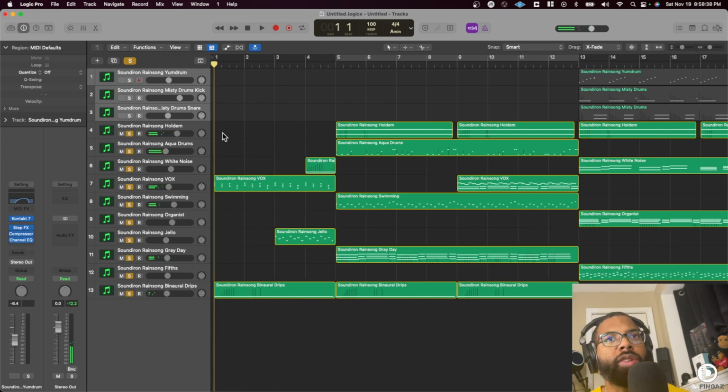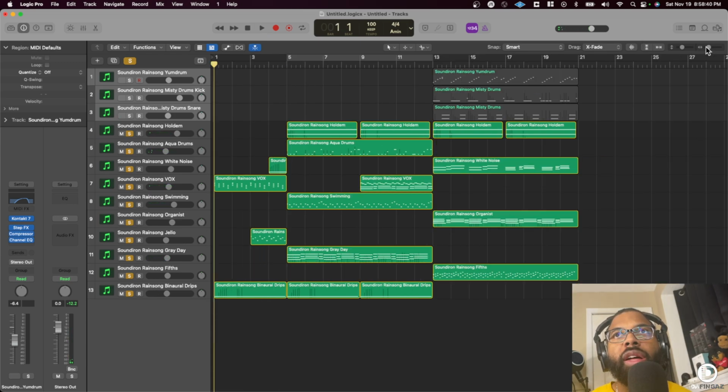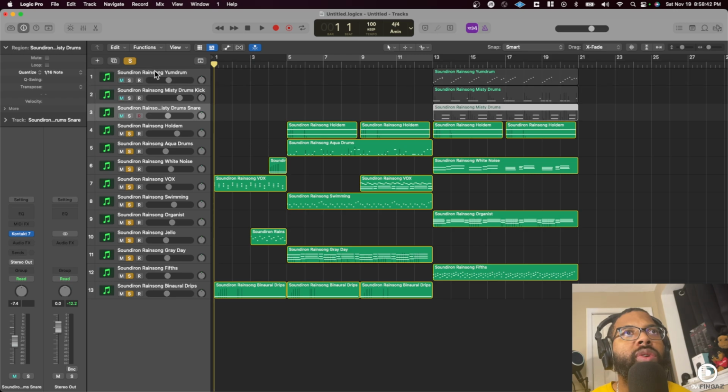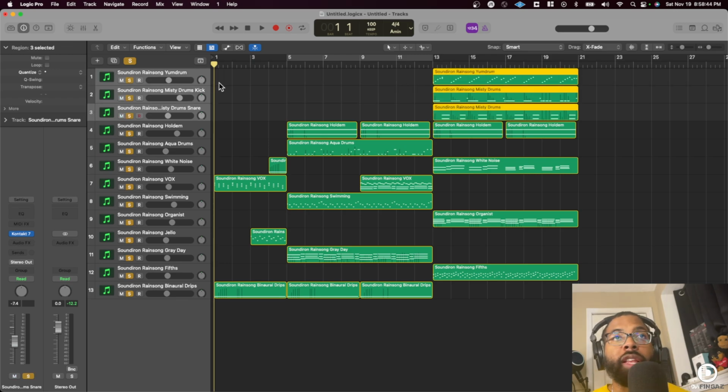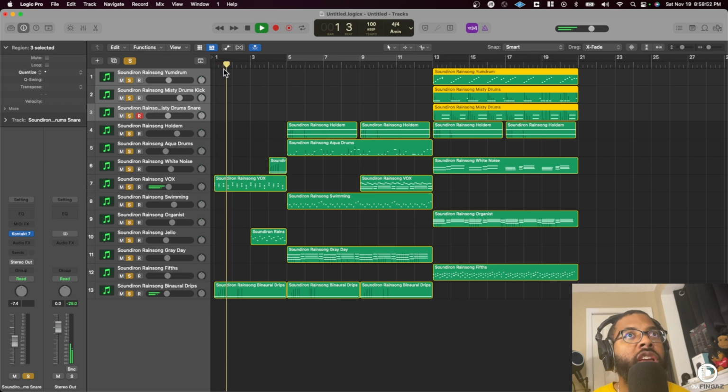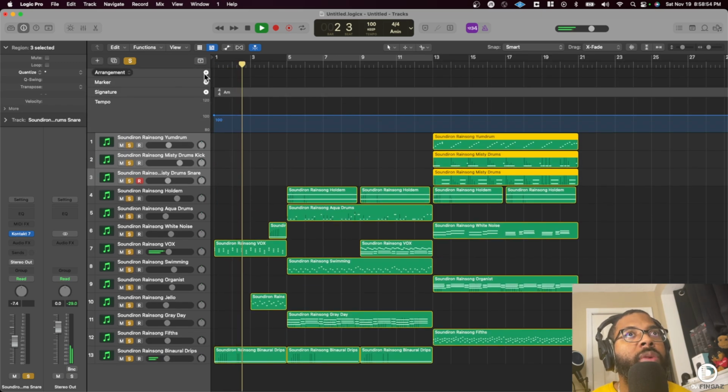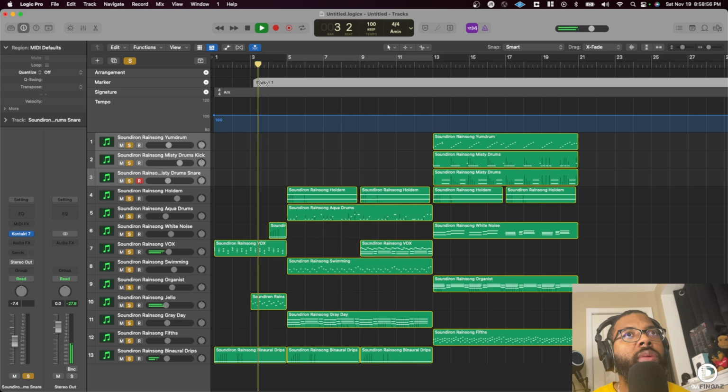So what I'm doing right now is just coming up with an arrangement that makes it sound interesting. So it's not just the same 8-bar loops. Essentially, it is the same 8-bar loops, but I try to drop things, so you make it sound interesting. Of course, you have the intro here. If I give you a little arrangement or marker,